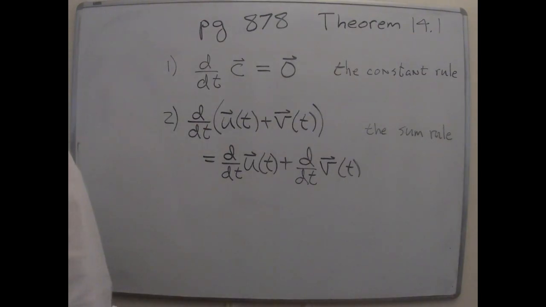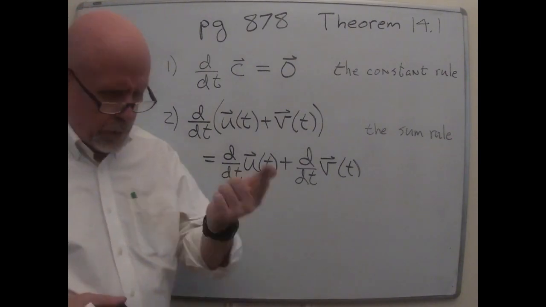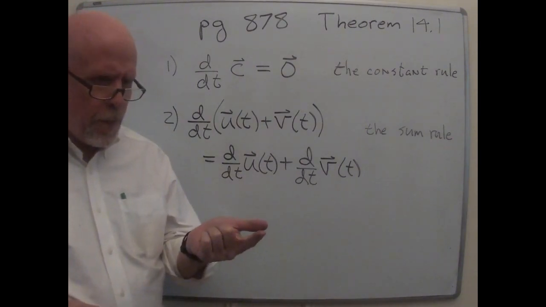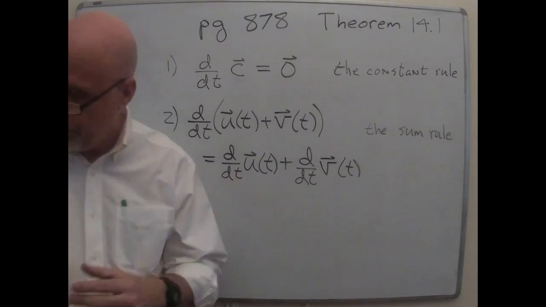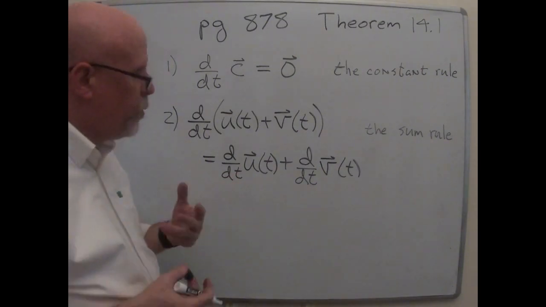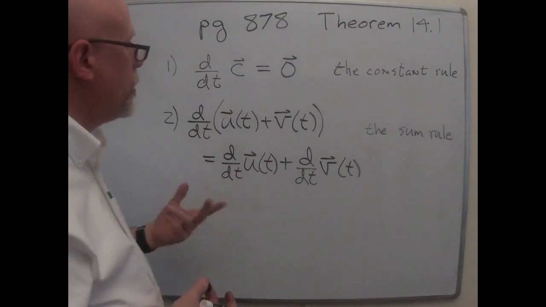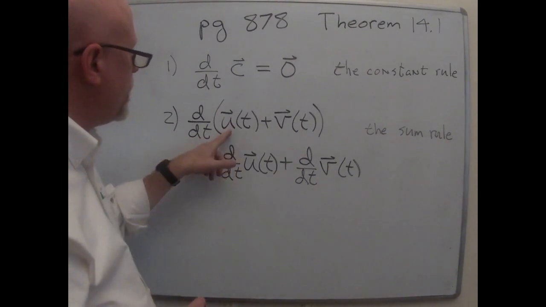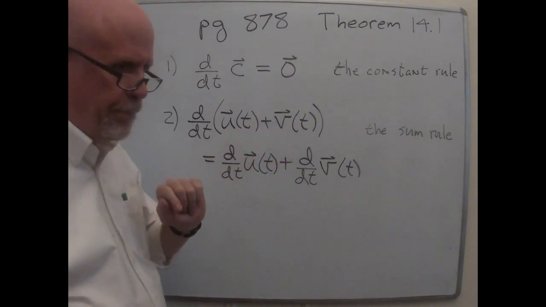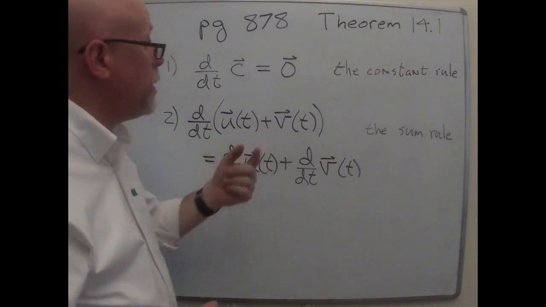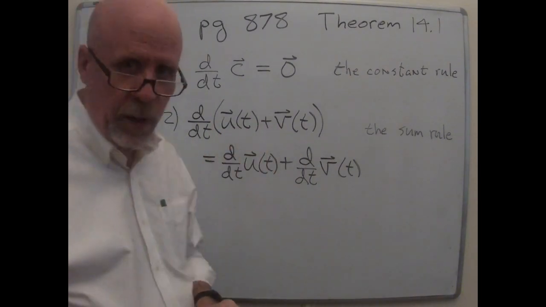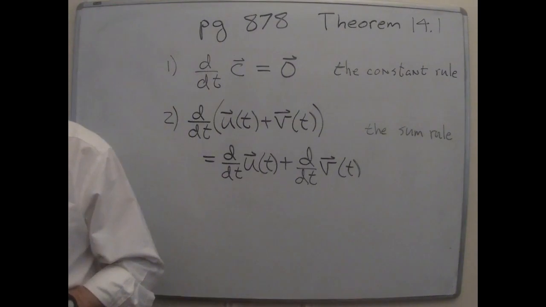Now, let's see, do you remember other rules that you used in Calc 1? Well, you should have learned it in Calc 1. You had the product rule, you had the chain rule. What else? The quotient rule. The quotient rule really is not going to make sense in our setting. Do we know how to take a vector and divide it by a vector? We can take a vector and divide by the length of a vector, but no, we can't just divide a vector by a vector. So there is not going to be a quotient rule. You'll notice there is no quotient rule in this